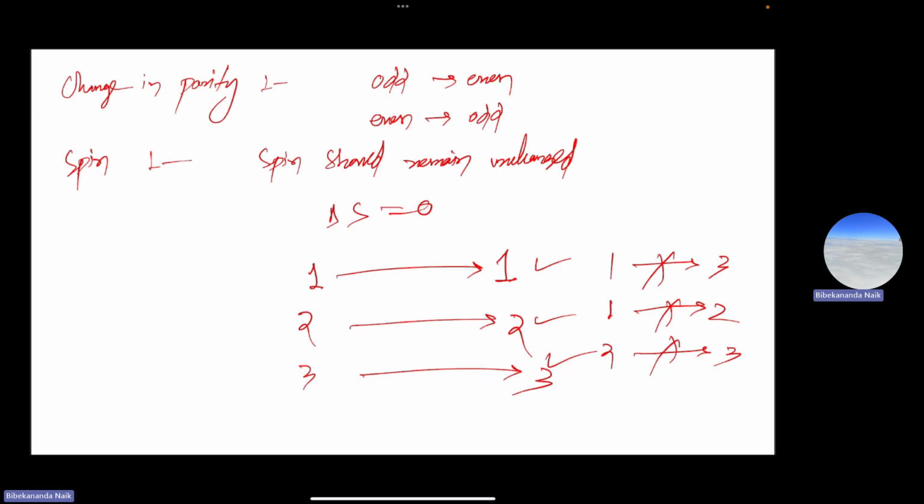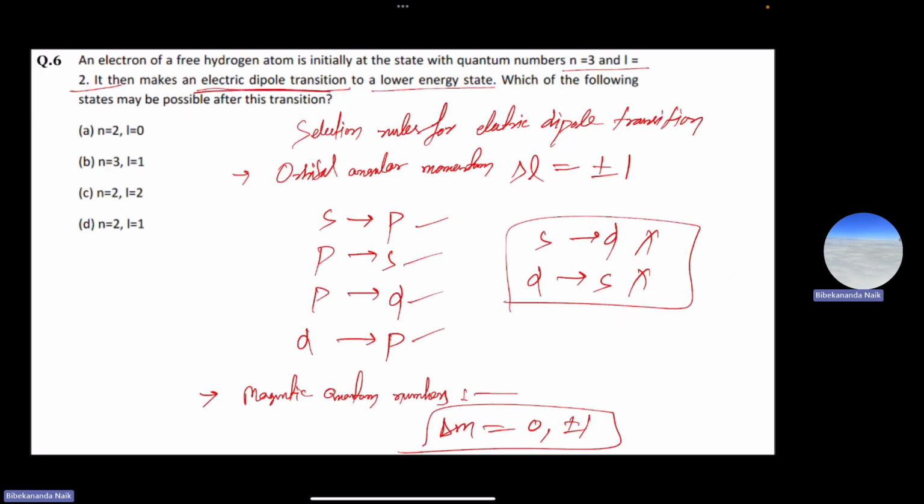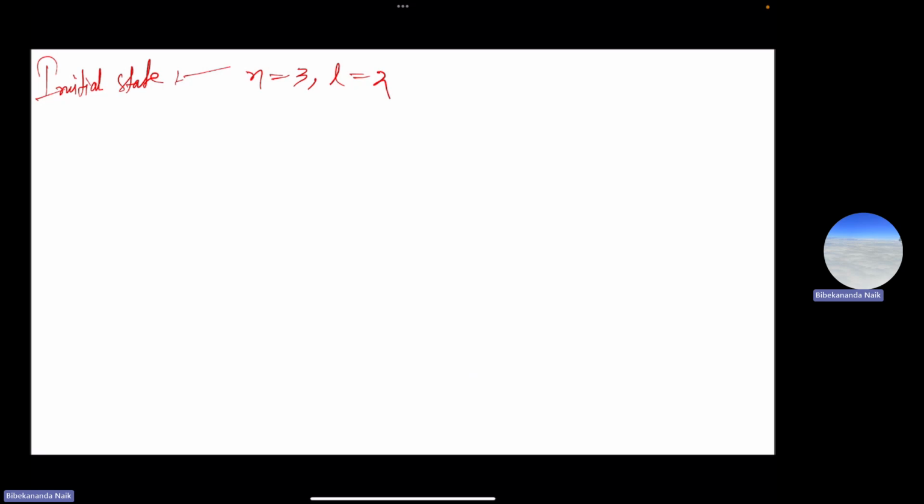Now what will be the final state? The question says it is an electric dipole transition to a lower energy state, and we know that as long as the value of n remains the same, the energy remains the same. So for the transition to occur to a lower energy state, the value of n should be lowered. So the final state will have n less than 3,